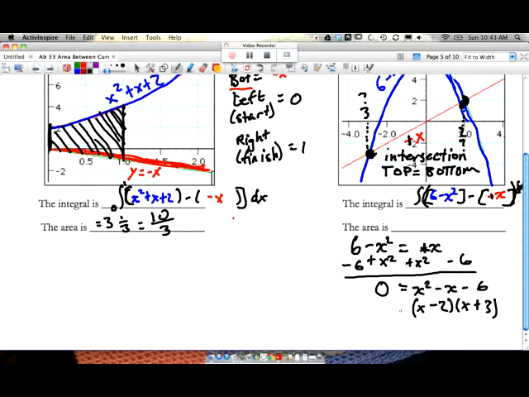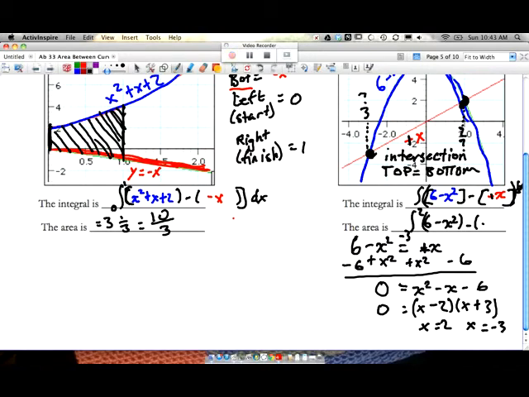Okay, so we got x minus 2 and x plus 3 equals 0. And that tells me that x does in fact equal 2 and x does in fact equal negative 3. Okay, so there's my start and finish. That's when the two graphs are intersecting. So I would have the integral from negative 3 to 2 of 6 minus x squared